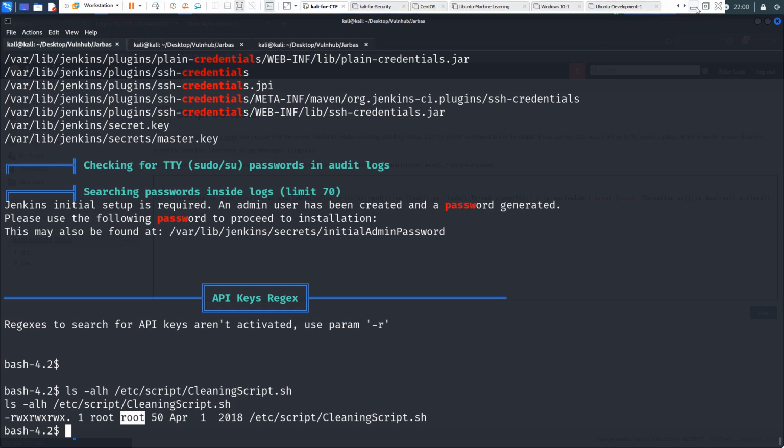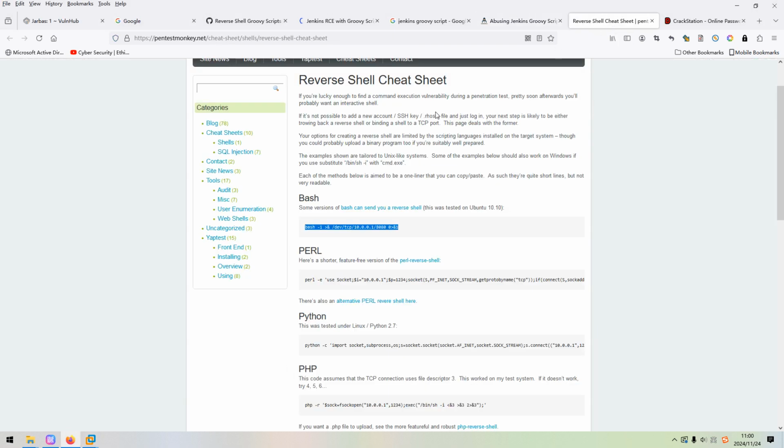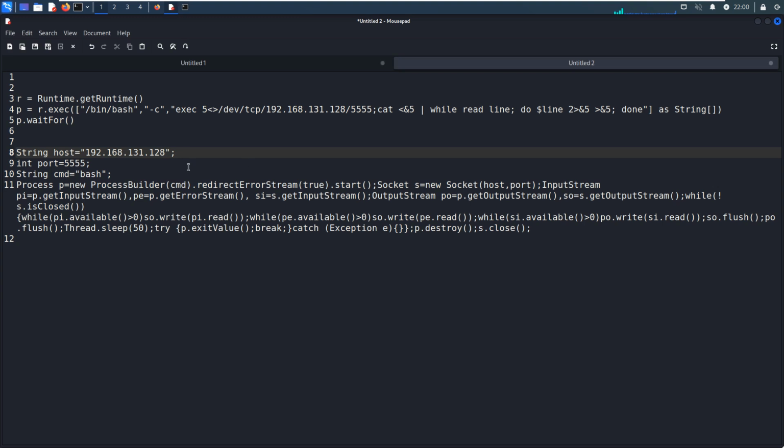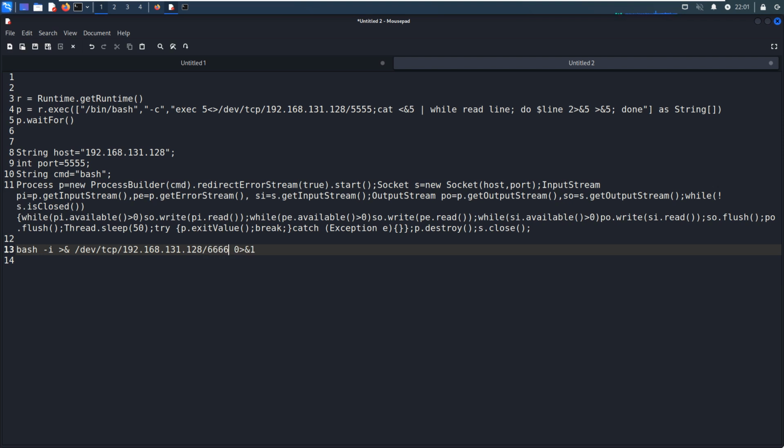So how to do? We can go to the PentestMonkey website. We can copy, and we can put over here the IP address of my Kali Linux, and we need to use a different port number. Maybe I'd like to use this command.